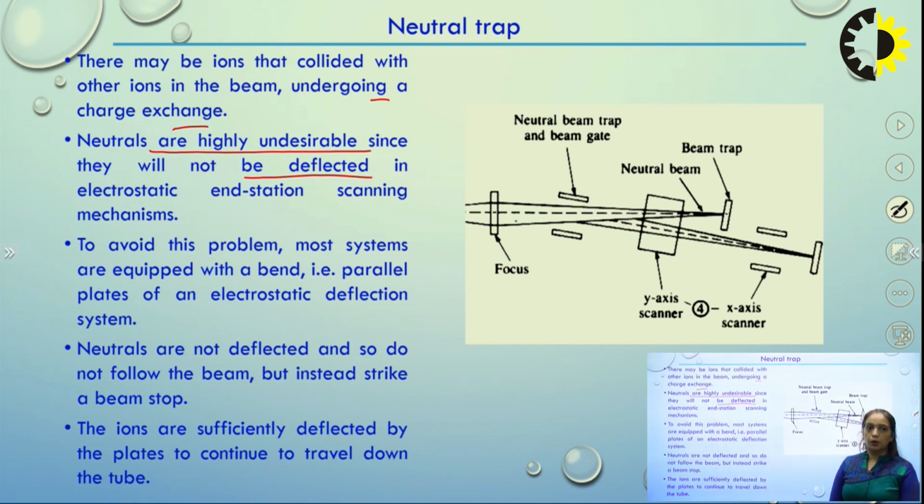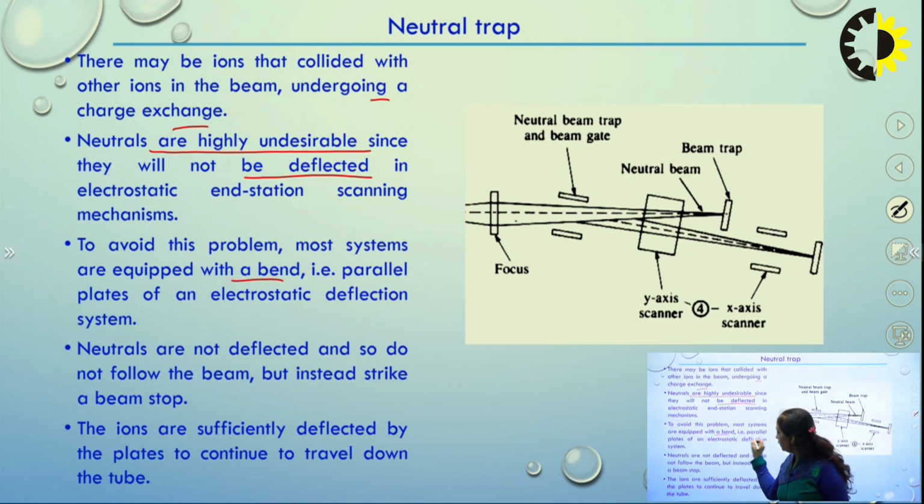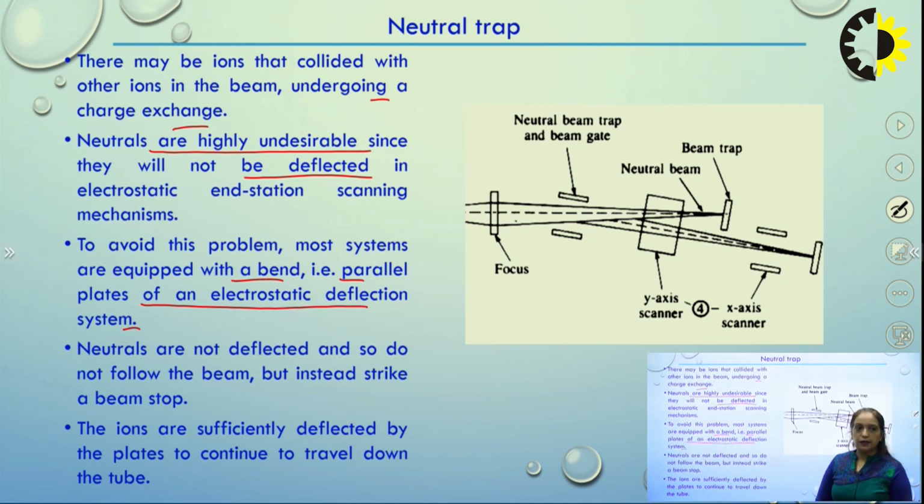To avoid this problem, most systems are equipped with a bent, parallel plate electrostatic deflection system. Neutral atoms are not deflected, so they do not follow the beam, but instead they strike the beam stop, and the ions are sufficiently deflected by the plates to continue travelling down